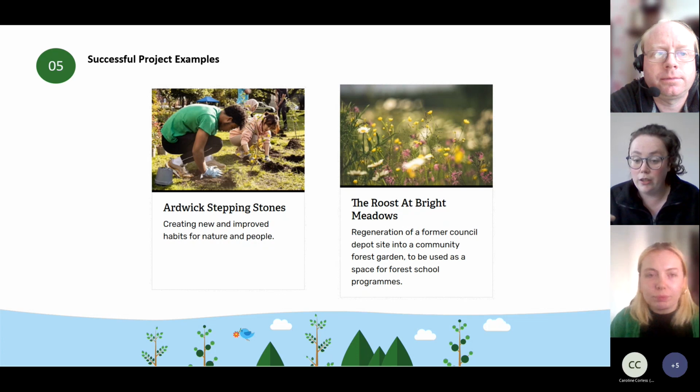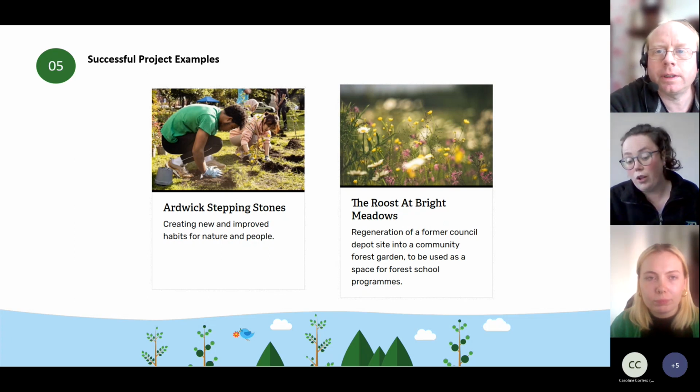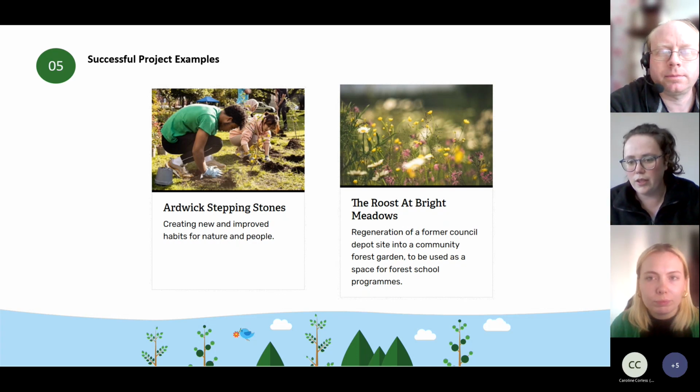And it's really changing a space from what it was, this concrete, very urban space that had been neglected and forgotten about for a number of years, into a really thriving forest garden. So there's two really contrasting projects there, and we've got lots of other examples of projects that have been taken in a different direction on a bigger scale, like Parklands, or I think we've got a peatland project that was funded in the previous round as well.